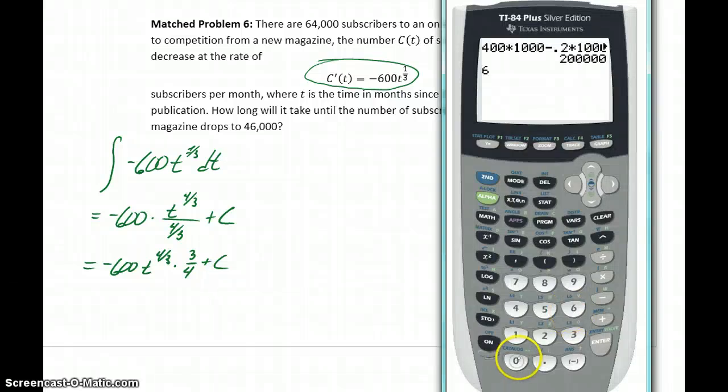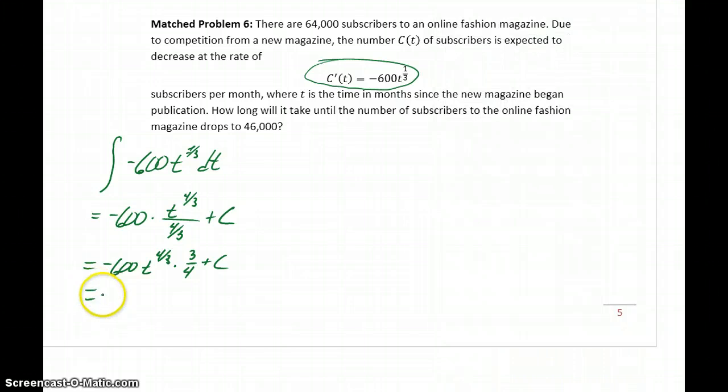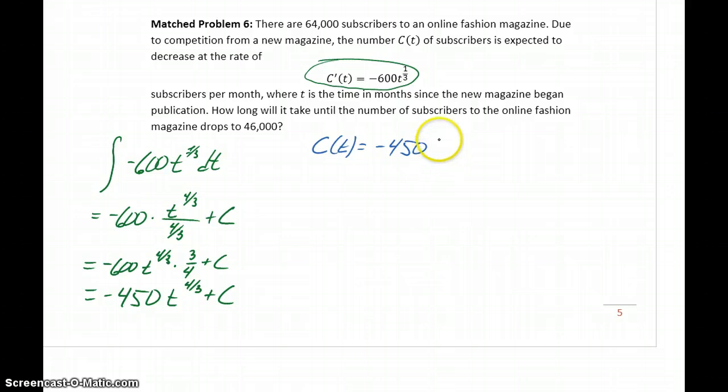So 600 times 3 divided by 4 is going to give us 450. So we get negative 450 t to the 4/3 plus c, meaning our function c of t is negative 450 t to the 4/3 plus c,